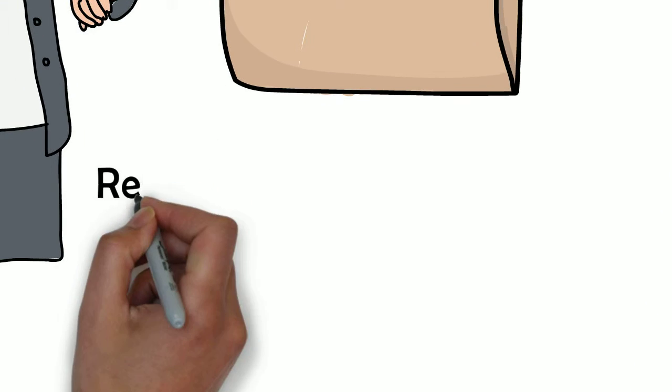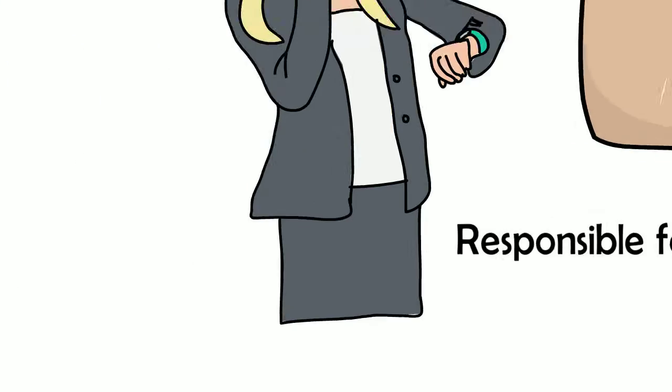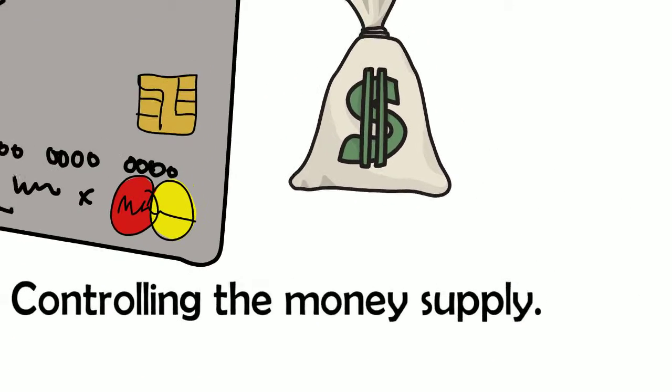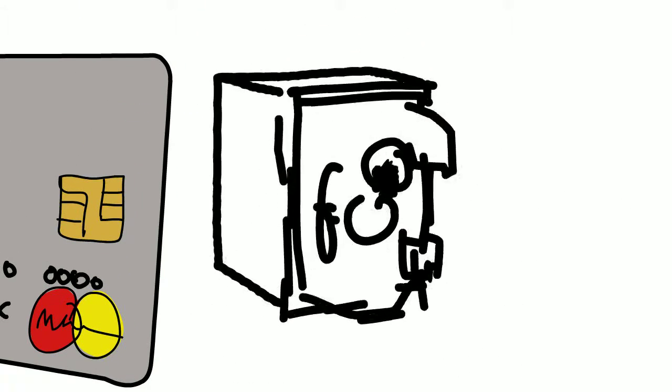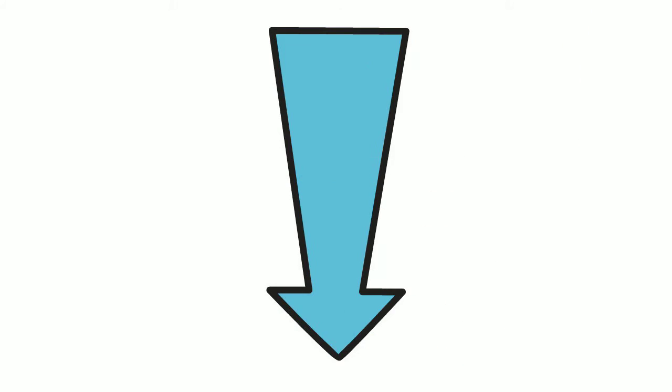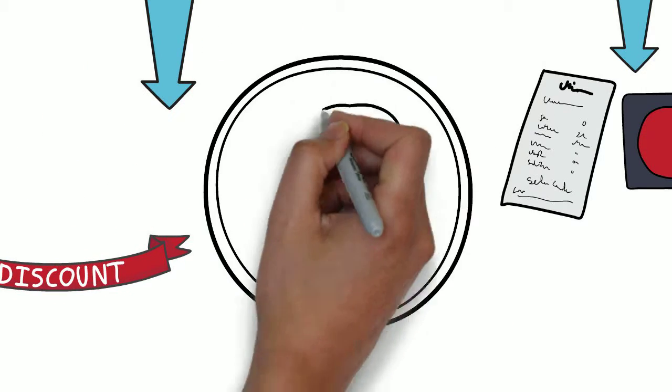Today, there is a fiscal policy that is responsible for the economy, and a monetary policy that is responsible for controlling the money supply. To work properly, these policies have specific tools. Fiscal policy has taxes, transfer payments, and government spending, and monetary policy has treasury bond circulation, changes in the discount rate, and changes in banks' reserve requirements.